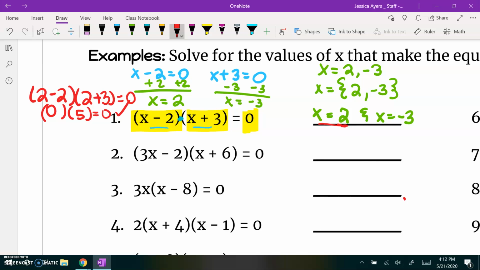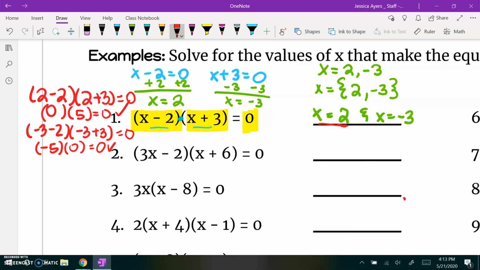Do make sure that you're checking one x at a time. You're not going to plug both x's in, you're just plugging one in at a time. Then we're going to do negative 3 minus 2 times negative 3 plus 3, and see if that equals 0. So negative 3 minus 2 is negative 5, and negative 3 plus 3 is 0, and that is 0. So we know that negative 3 worked. You do want to make sure that you check them separately and that you plug in to both x's